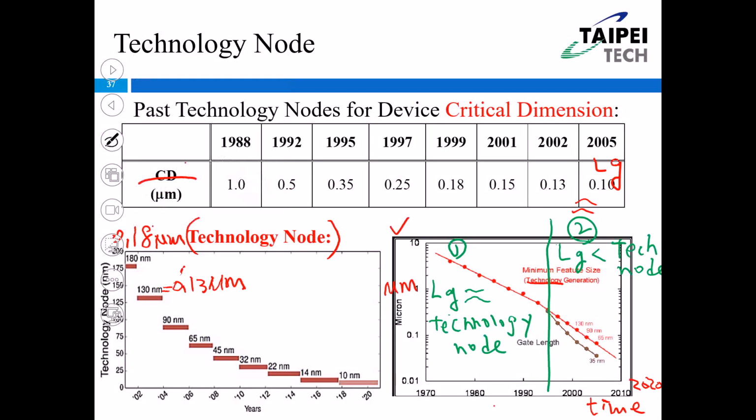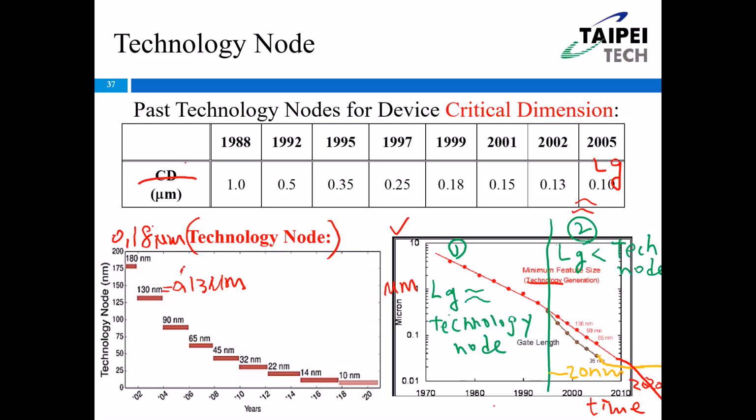The gate length is saturated, or it's around 20 nanometer. However, the technology node is a name. It's how we call this chip. So the technology node can be